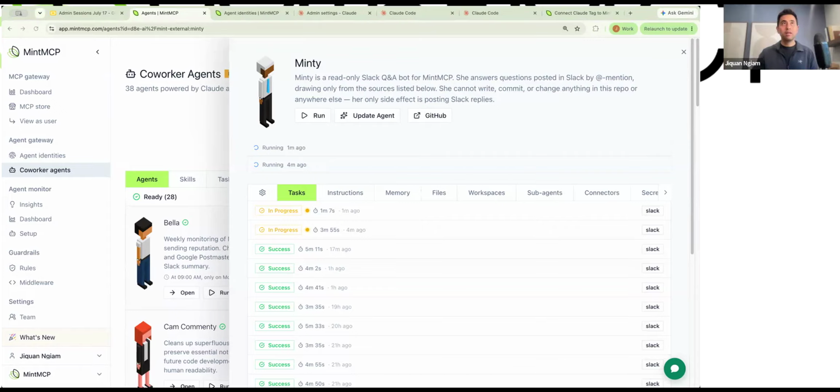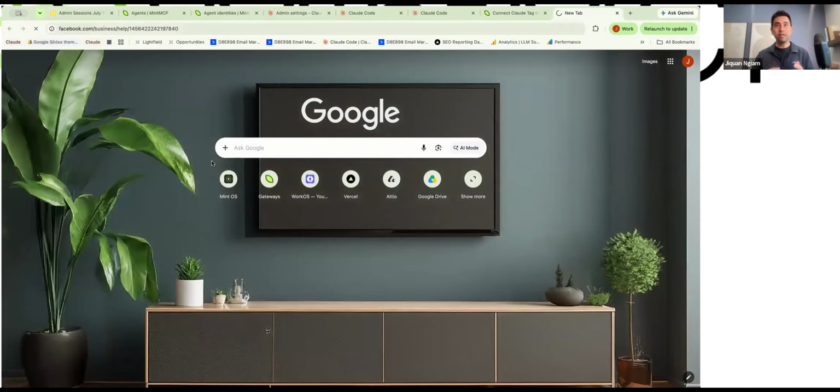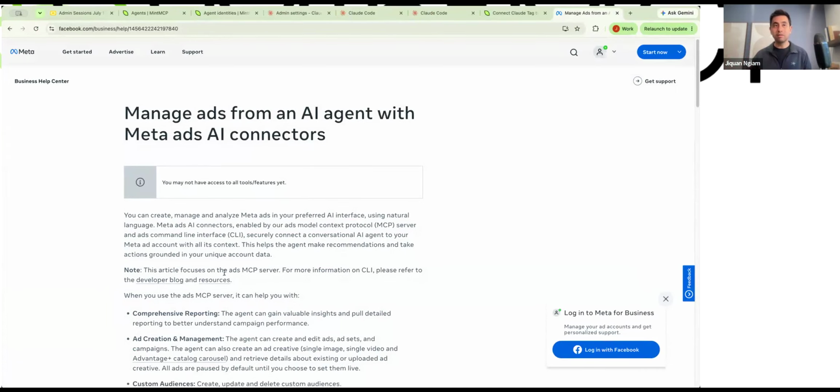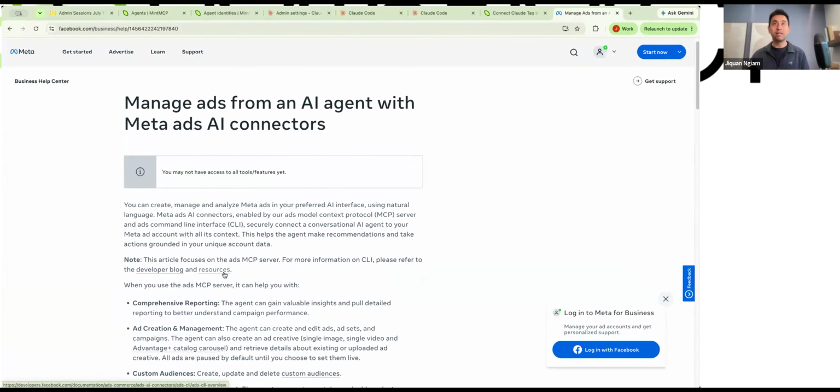Got it. Cool. Blake has a great question on using agents outside of GitHub. It turns out there are two things here. GitHub is where the agent's configuration and memory is stored, and the agents actually do run outside of it. You can create connectors from any of these agents to external systems. For example, I believe Facebook right now has an MCP server for you to connect Facebook Ads to.